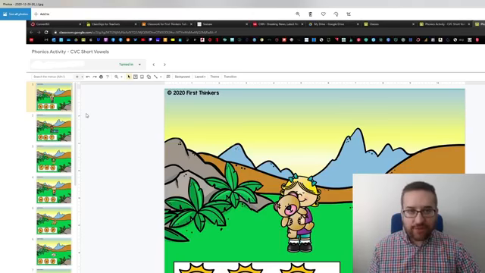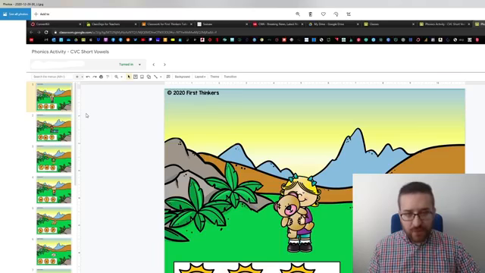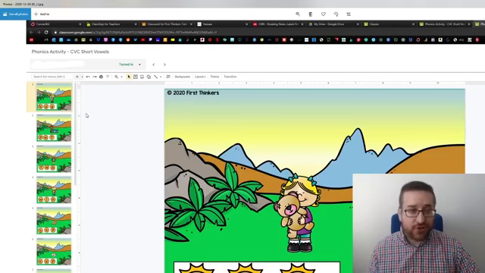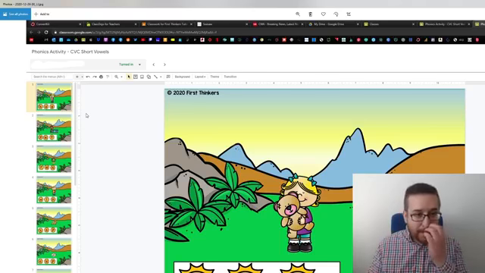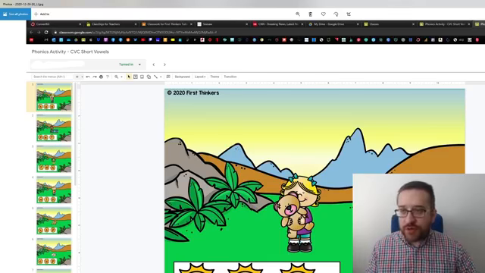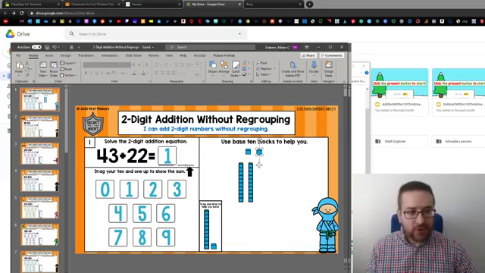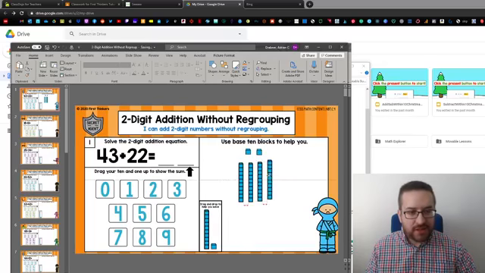And this is a great way for you to use this data to help with your small groups to determine who needs to be in what group, who needs help with what, okay? So you can also do that with your math resources as well. So for this one, it is saying 43 plus 22. So you can see if a student understands the concept of tens and ones by showing 43 here and 22 down here,